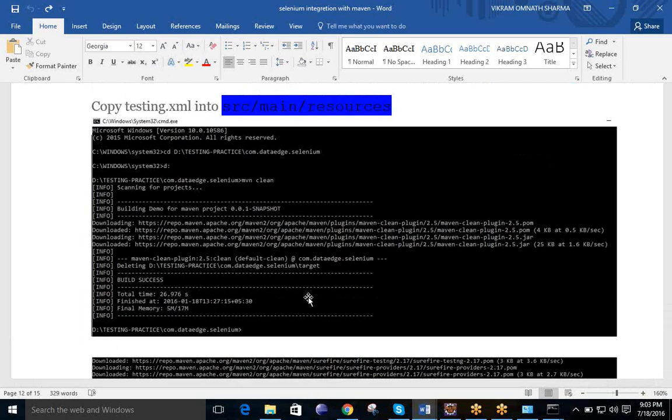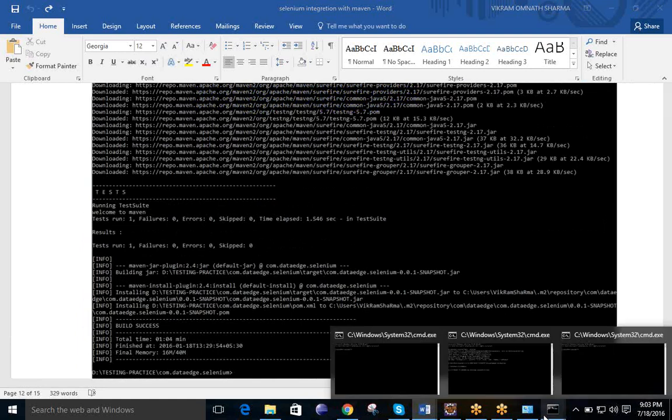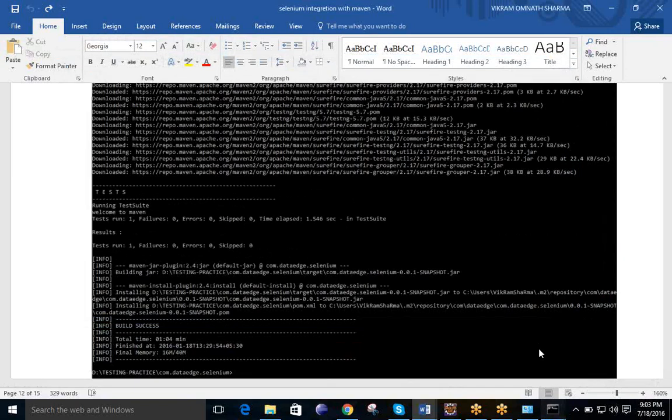Okay, it will totally depend upon the user. In every case you will get the same output. And we are already having this one.